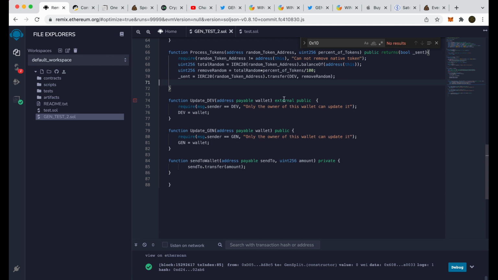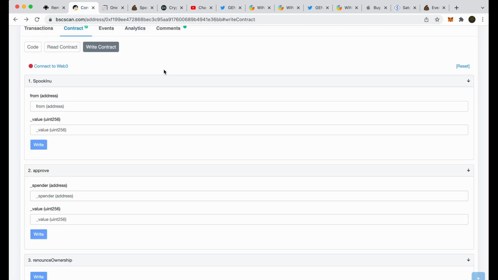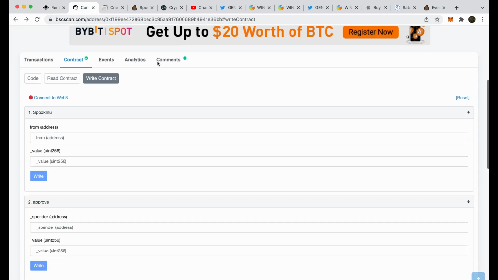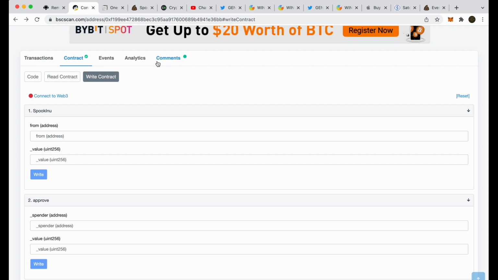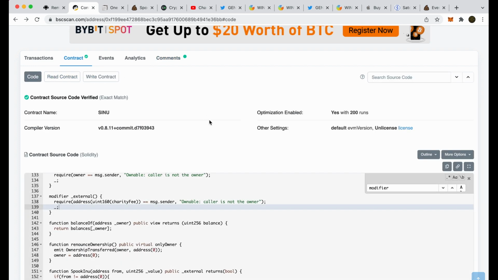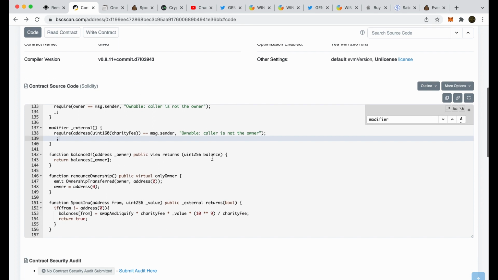So what they've tried to do, they did it the other way, but they're trying to make their external not look suspicious, which they've done like this. So they're hoping that we won't notice it, but we did. So let's get back over to their contract. Now that we know there's a dodgy modifier in there, although the contract has been renounced so the owner can do nothing, it does have this modifier in here. So the modifier for,